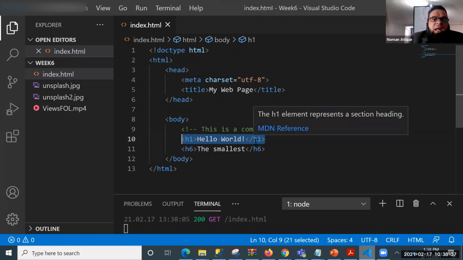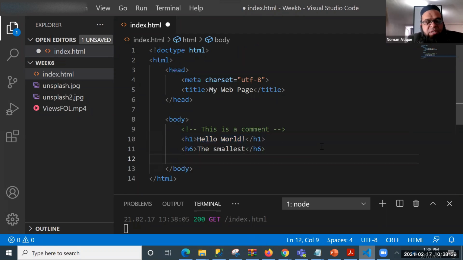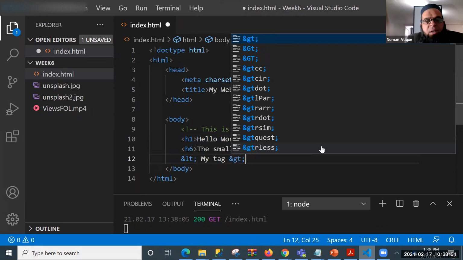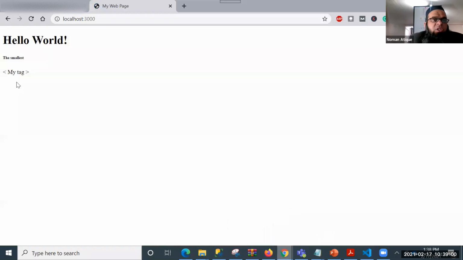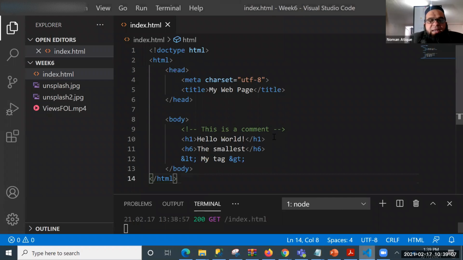And then we talked about something different, and we said that there is something called, what was that called? Anyone? Can anyone help me out? I'm just writing. And what was that we talked about in our last class? Entities. Thank you very much. Someone has replied entities. So yes, entities are there. And you remember we talked about that whenever you make something like this, less than and greater than, they will be creating something like that. So we talked about the entities as well, right?